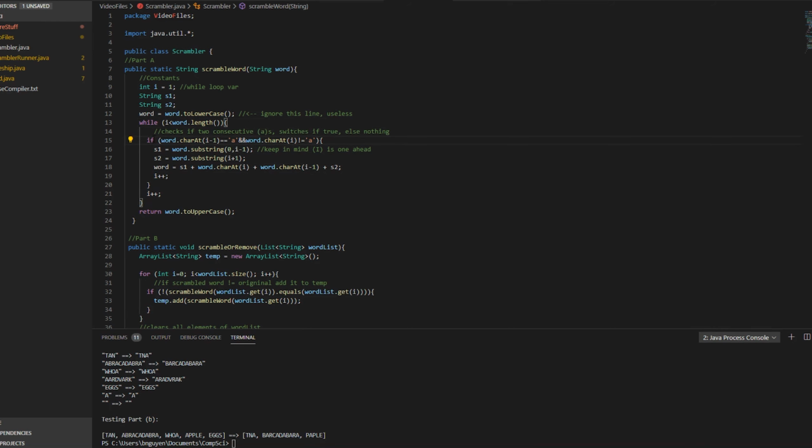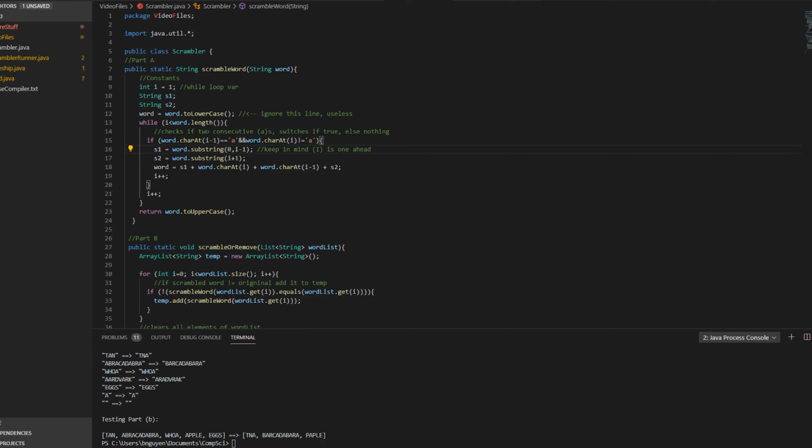What this if statement is doing is: if word, which is the string you pass through, dot charAt(i minus 1), which is why we start at 1, so index 0, is equal to A, and word dot charAt(i), which keep in mind is always one ahead, so it starts at 1, is not equal to A, so if the first one's A and the second one's not A, then